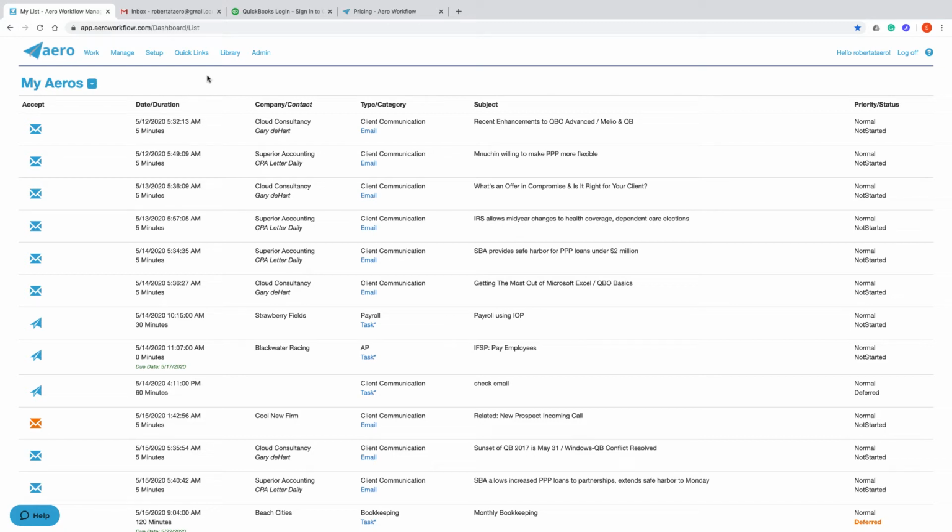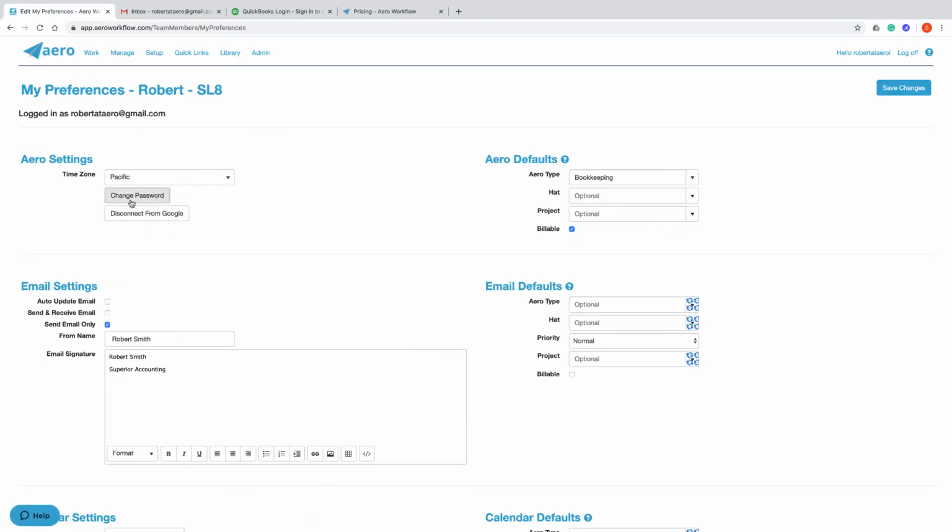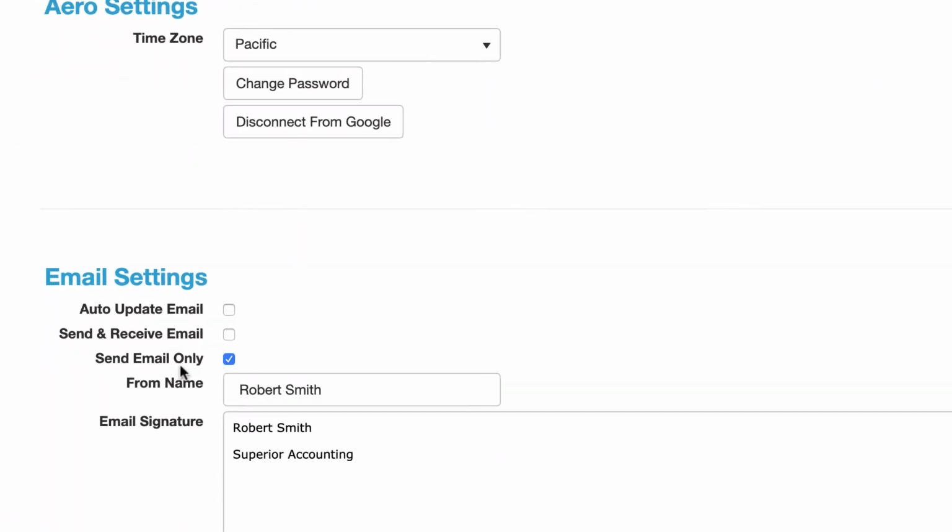In Aero, you have many different choices for how to handle email. You can connect your Aero account to either Google or Office 365. Once connected, you have choices about how you want that email integration to work. I can choose to have my incoming email filtered and brought into Aero and show up on my dashboard or